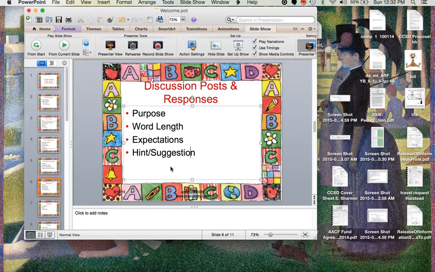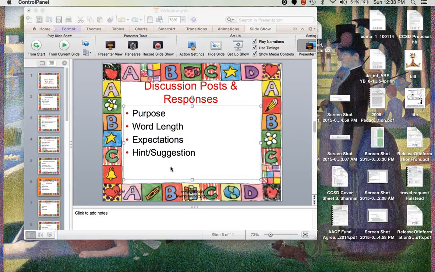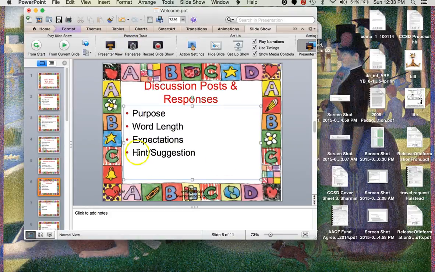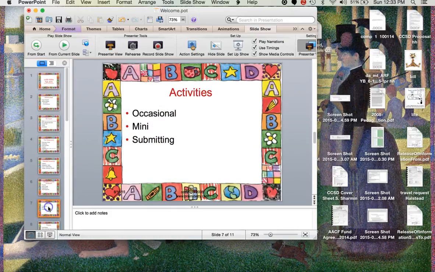And so if you type it in a word processing program like Word or Pages and then cut and paste it, then if something happens, you've still got your post and you don't have to retype it. Please do not upload your post unless it's an activity. Just cut and paste it. Okay.